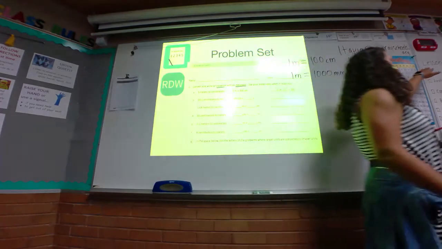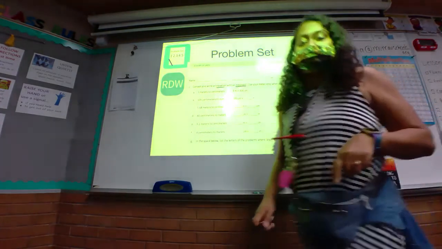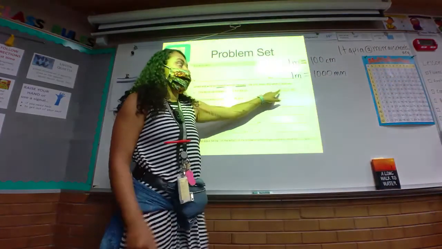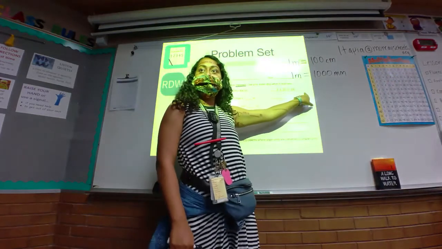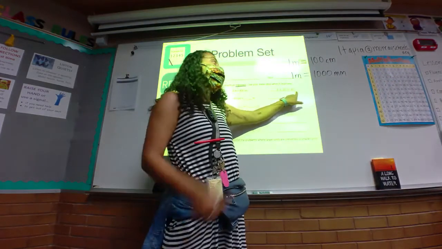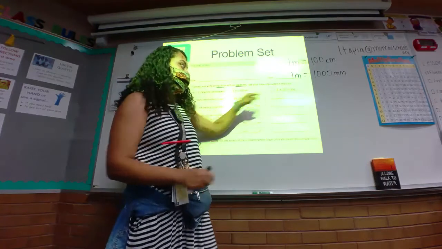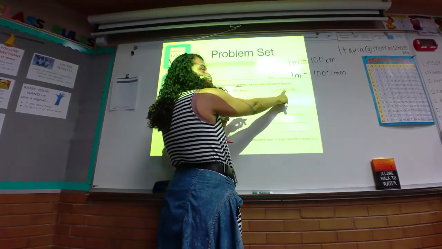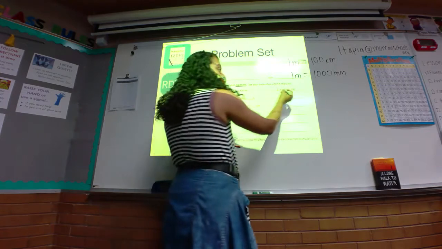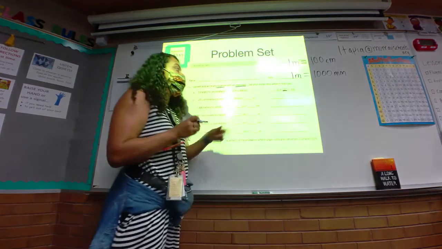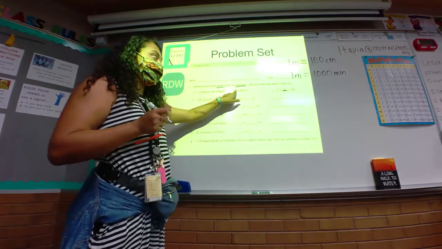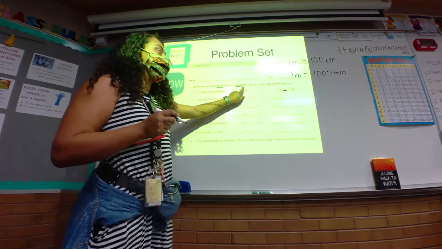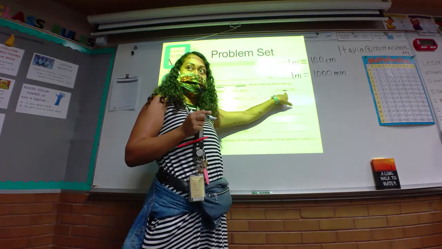Then in the long blank space right here, you're writing the equation. So we had 3 multiplied by 10 to the power of 2. That's where you're putting your exponent, because you multiplied it by 100, and 100 has 10 to the power of 2. It has